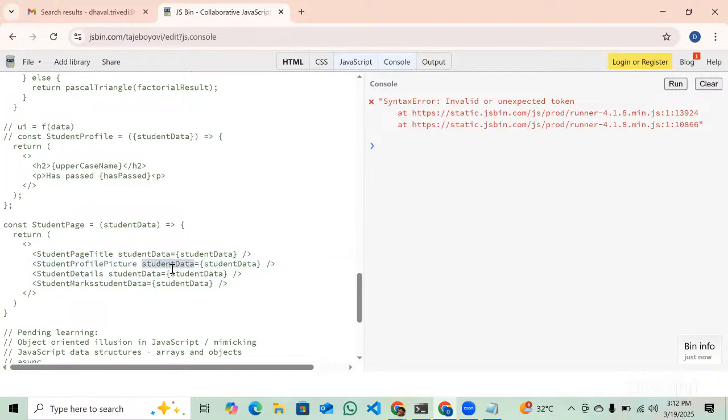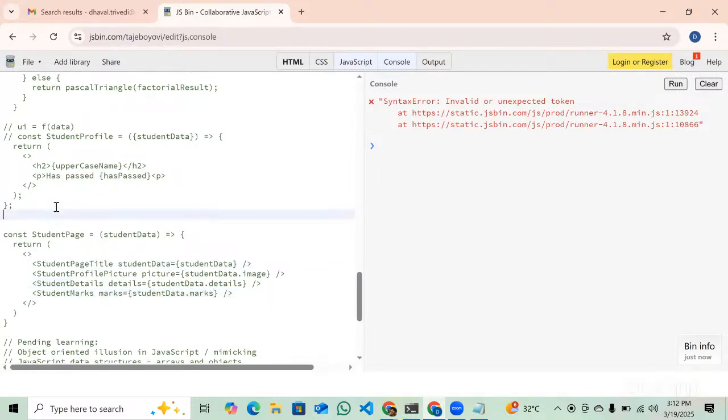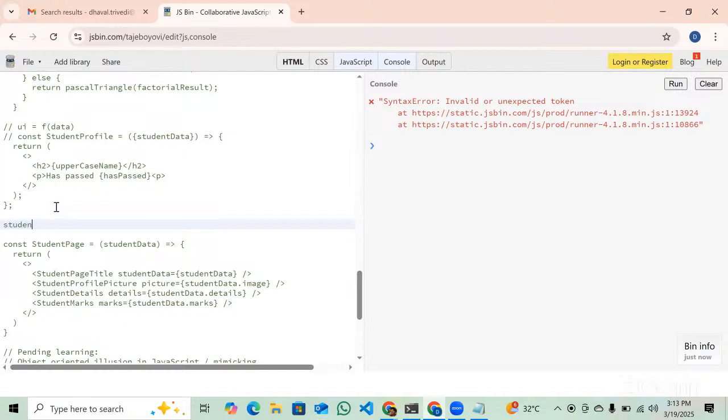Or for here we can define picture equal to student data dot image. Student details, student data dot details. Student marks, marks equal to student data dot marks. So whatever are the different smaller aspects of our data structure, let us define this data structure so that it brings more clarity. Student data